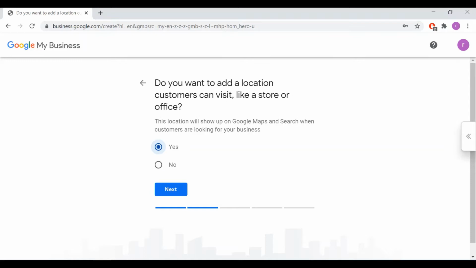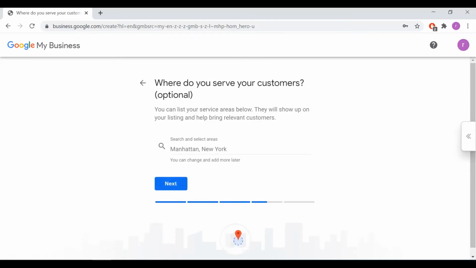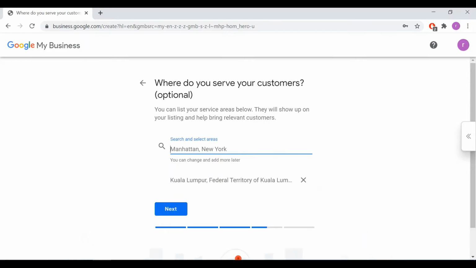If you are more of a service area type of business that delivers goods and services to your customers, such as a plumber or an electrician, or work from home and don't want people to know your exact address, you will want to choose the No option here. I select No. Click on Next. At this stage, you will be given the option to verify the areas you are able to serve your customers. It will be displayed on your listing panel in the form of an area coverage.